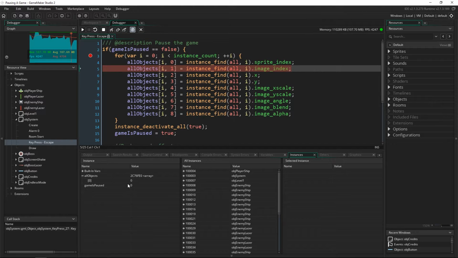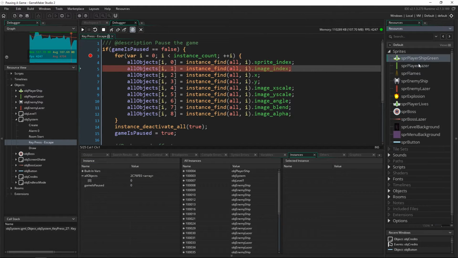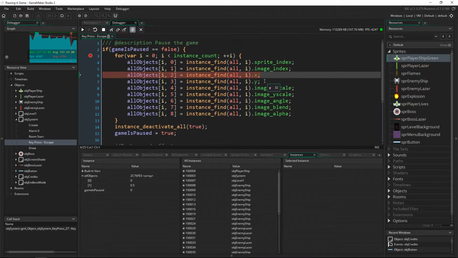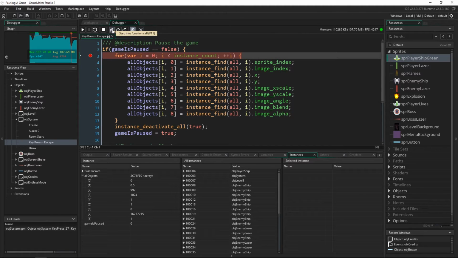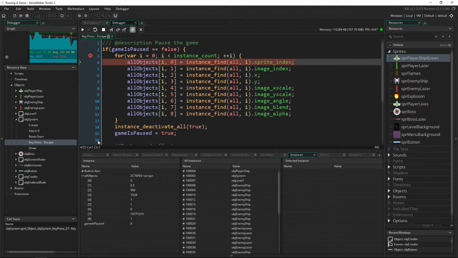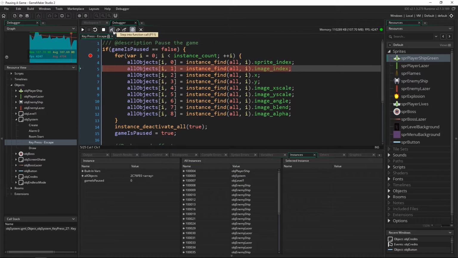So the first one is going to be 0, and that means that the first sprite is 0, so that's our ship. So it's actually going to capture all of the instances, basically the way that this list is right there. So we keep going. It finds the image index, which is 0.5. The X coordinate, the Y, goes on and so forth, all the way through. And then I gets increased. And now we're going to run into an error. It captures the player ship first, but then it's going to come into OBJ system. And if I let this run one more time,